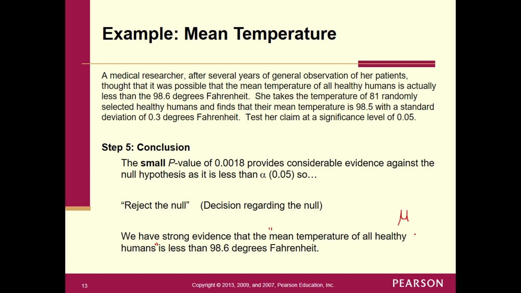So all we're simply saying is that we have strong evidence that the mean temperature of all healthy humans, which is mu, is less than 98.6 degrees Fahrenheit. And that was it. So, let's go on to